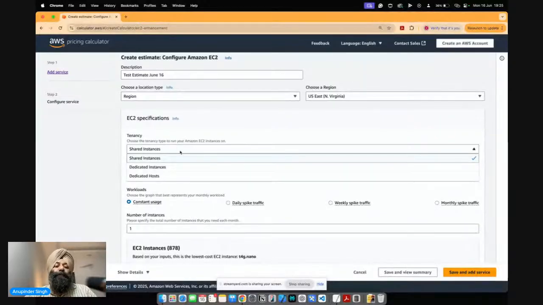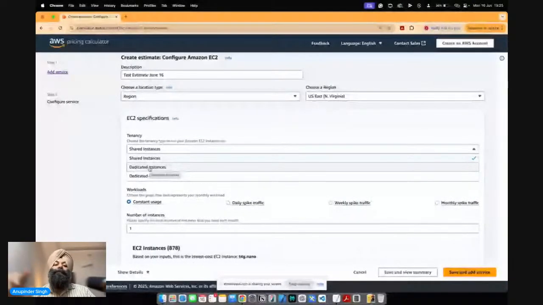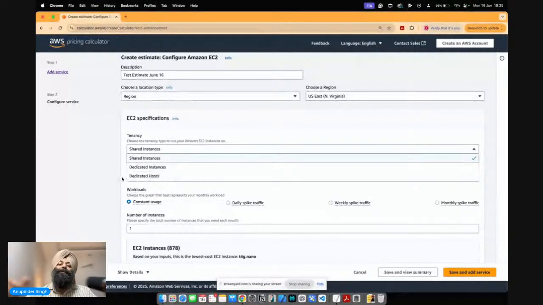सो व्हेन यू लुक एट दिस शेयर्ड इंस्टेंस एंड डेडिकेटेड इंस्टेंस, सो शेयर्ड मींस आप एक ही फिजिकल होस्ट पे अपनी वर्चुअल मशीन होस्ट करो जहां पे कोई और भी कर रहा होगा, एंड उसकी कॉस्टिंग हमेशा कम होगी. डेडिकेटेड में यू विल गेट अ डेडिकेटेड होस्ट और उस पे आपकी ही बनाई हुई VMs होंगी, whereas डेडिकेटेड होस्ट में वो पूरा का पूरा फिजिकल मशीन ही आपको allocate हो जाएगा. So I'm going to go for the shared instance because generally we do that.